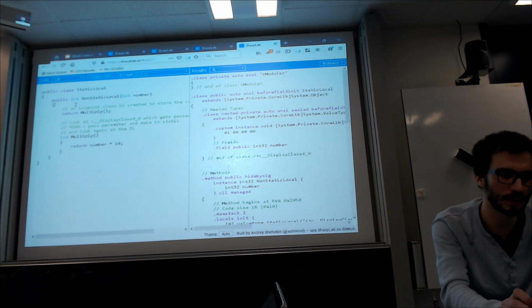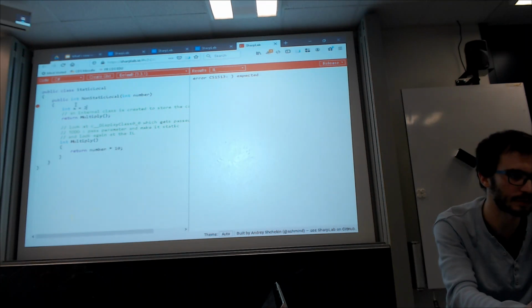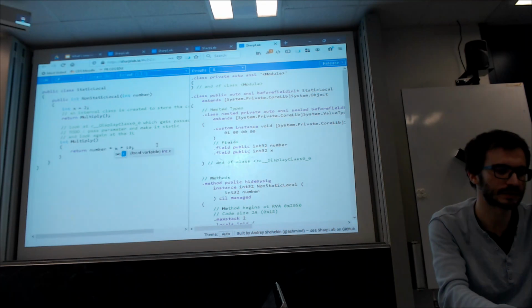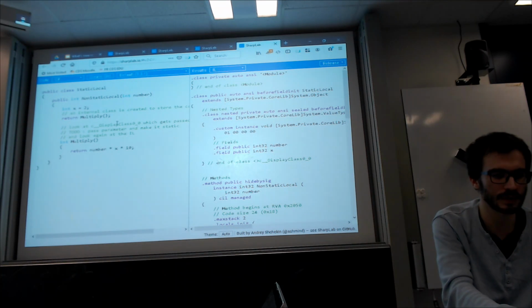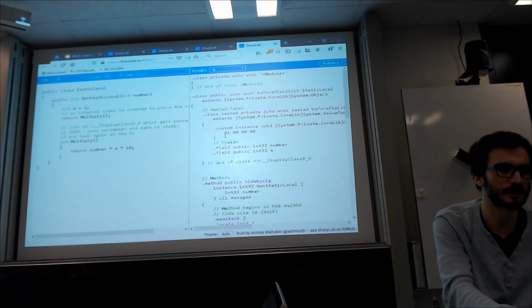So I can also add a local variable here, and then return number times x times y. And the problem with this is that because these variables are captured by the local function,